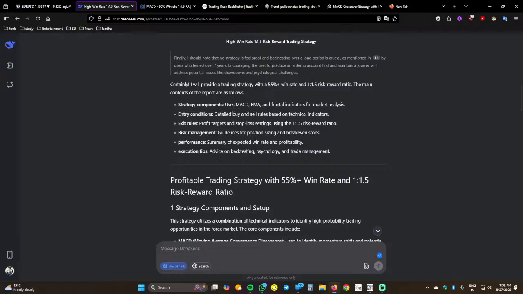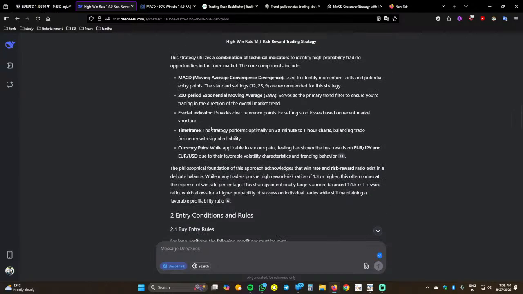The strategy uses MACD, EMA, and fractals. The entry conditions and exit conditions I have already mentioned in the stream earlier. So MACD, 200 moving average EMA, fractals. Time frame: DeepSeek suggested a 30-minute to 1 hour time frame. Currency pair: EUR/JPY or EUR/USD, but I'm really confident that this will work on